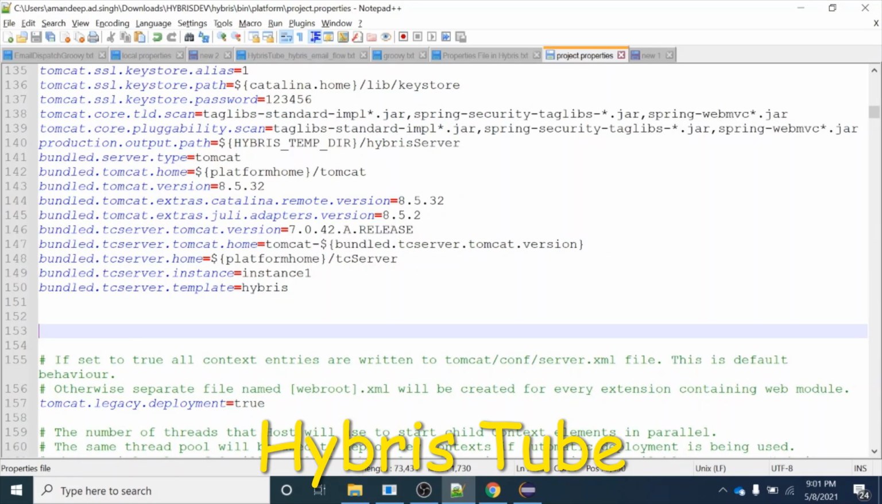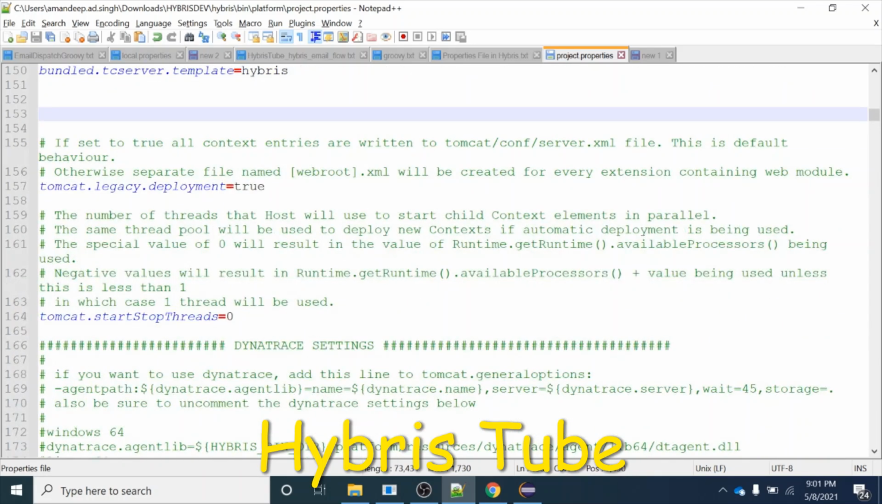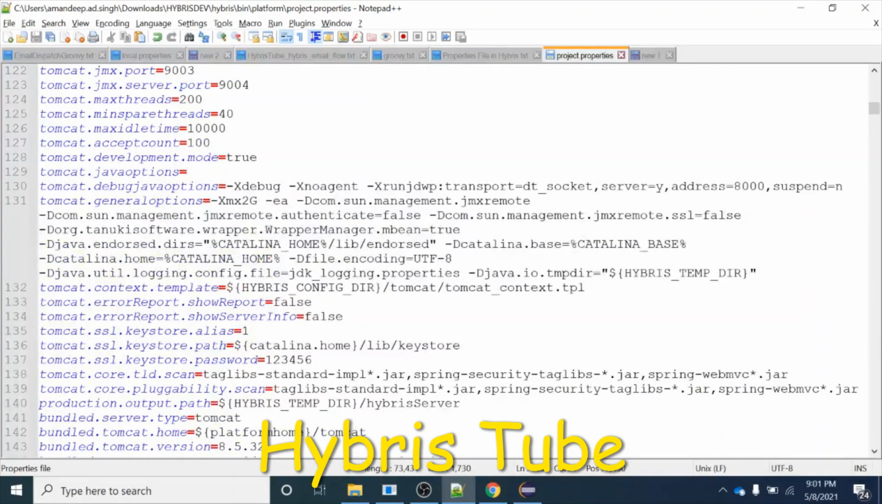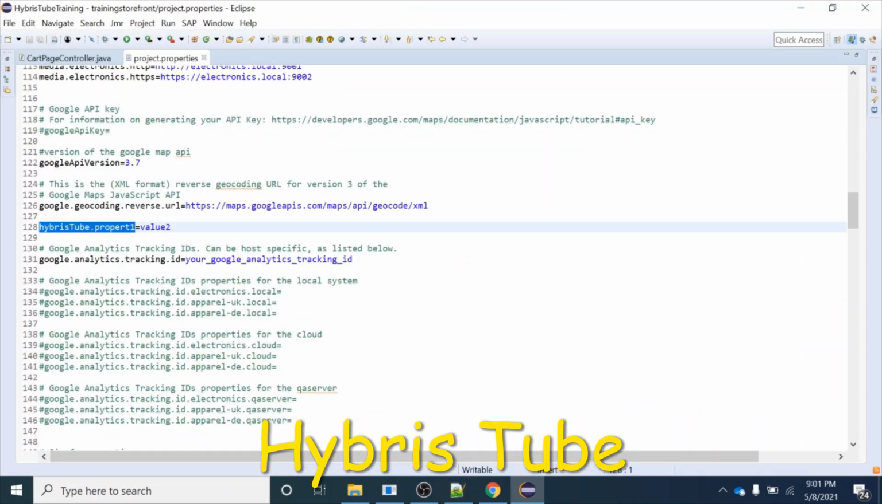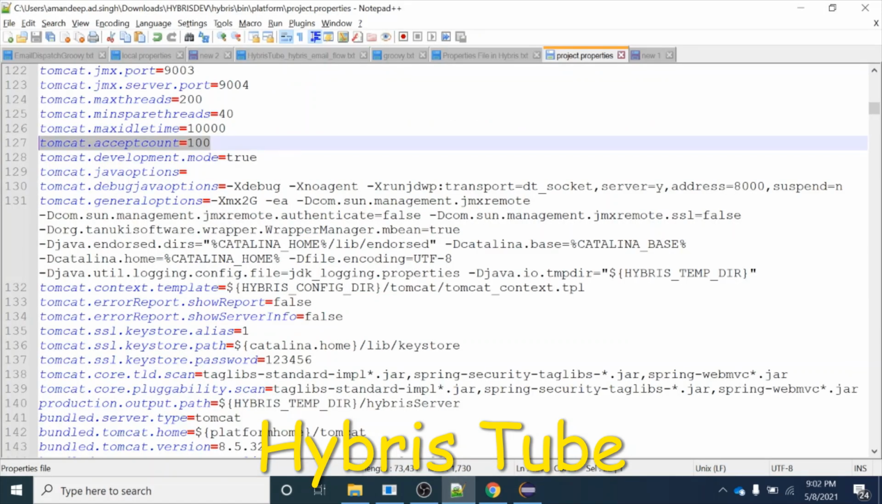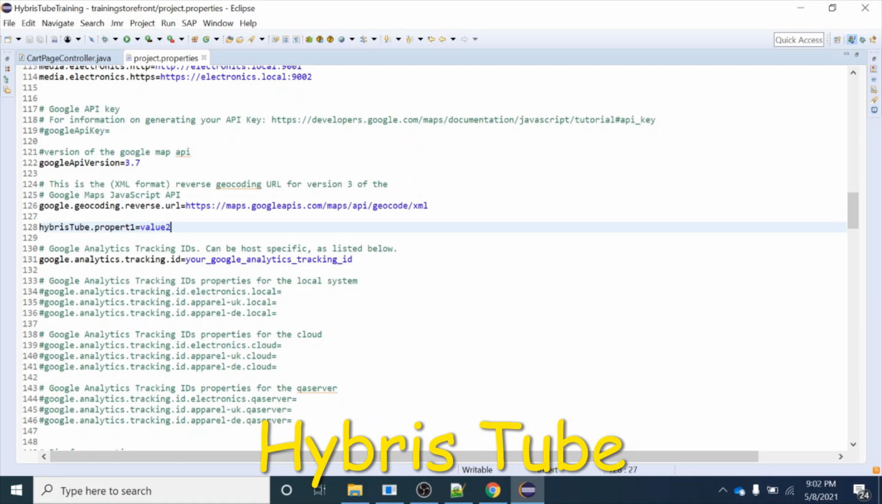Now guys, there is one thing. For example, let's take one example: tomcat.accept.count. So now we have a very clear understanding. Either we can have a project.properties file of a platform extension, or a project.properties file of any particular extension except the platform extension, or third, a local.properties file. So if I give this same property in my project.properties file over here like this,